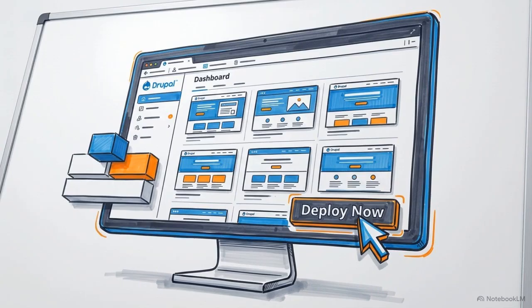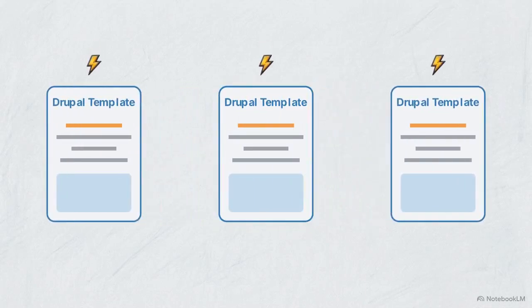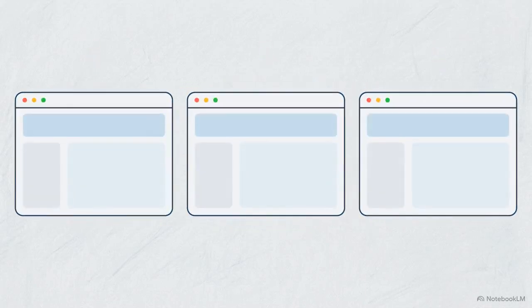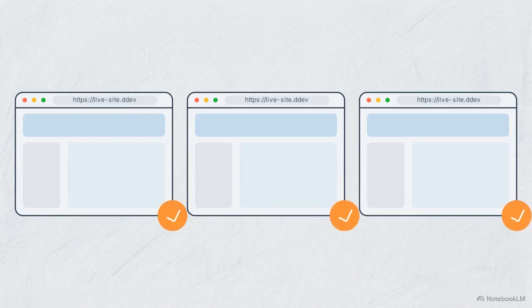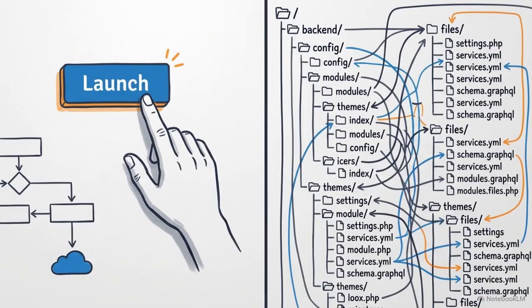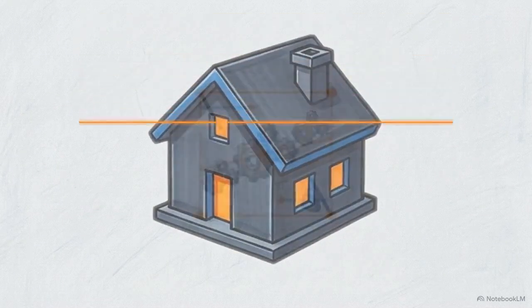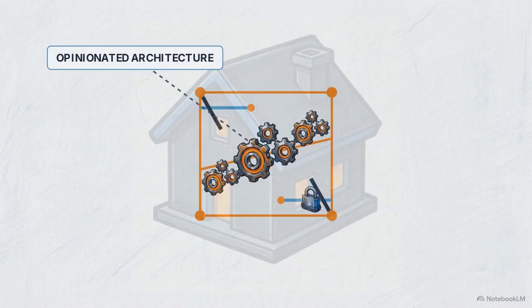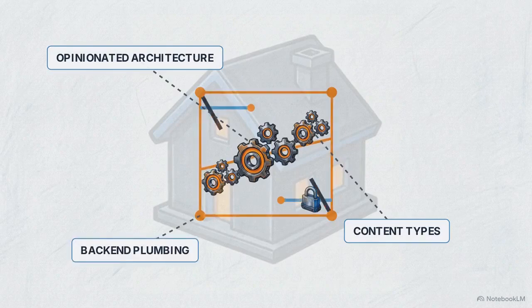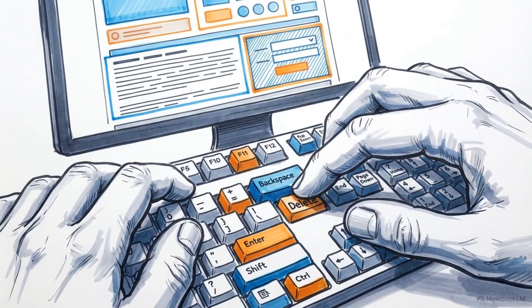The modern default is Drupal Forge. Instead of manual setup, you use template-driven builds to spin up pre-configured sites and get a working URL instantly. But that speed carries a massive trade-off. When you launch instantly, you inherit someone else's opinionated architecture, content types, and backend plumbing. Pick the wrong starting point, and you will spend weeks ripping out pre-configured recipes and workflows instead of actually building